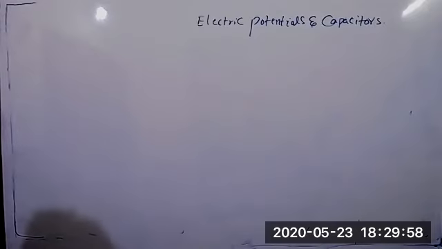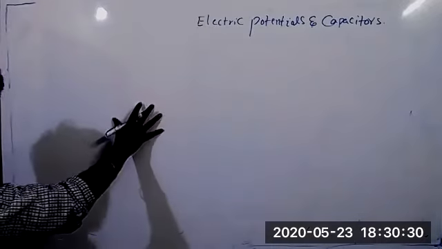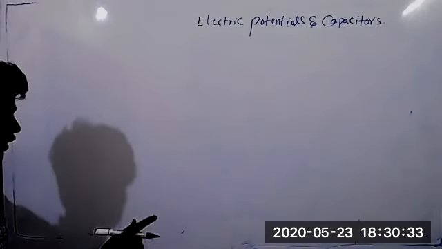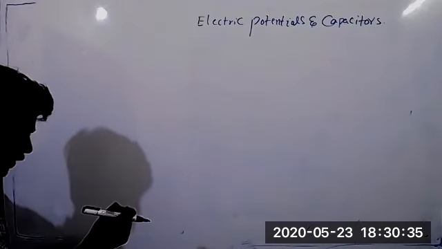So one is work done. How to calculate work done, we know. Next one is potential. How to calculate it when they have given uniform electric field, non-uniform electric field, or work done. So we can calculate with three formulas. After that we discussed electrostatic potential energy. Remember that models are very important. If you remember one model, definitely you can solve one sum.